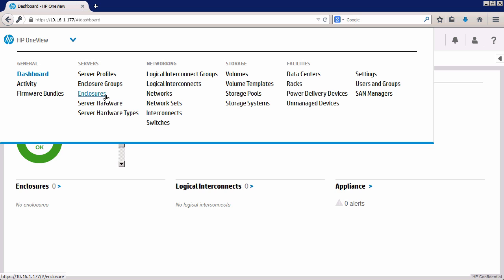So, a very important concept: if you look at the enclosure group and the logical interconnect group, they're more like a template. There's no real hardware matching for that. But without this concept, you cannot import any enclosure. After a real enclosure is imported, you will have the enclosure show up, and for each enclosure, you will